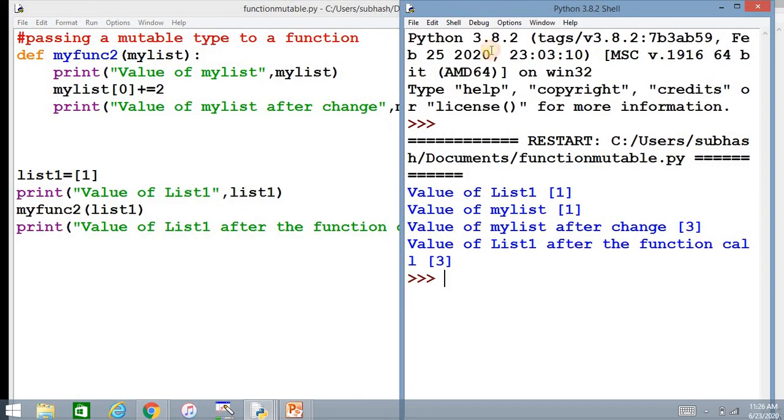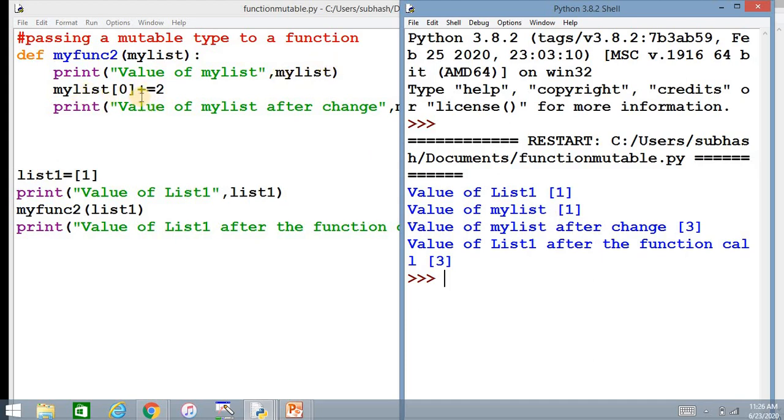Got it? The value is being changed here. The list is being passed. First, you have list 1 which is being printed, and this printing is happening here. You printed 1. Then in my list, here my list is printed, which is also 1.